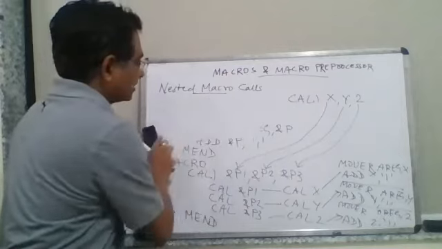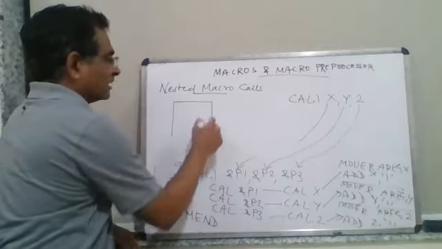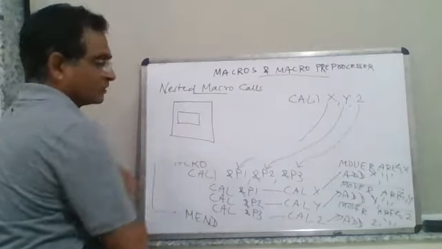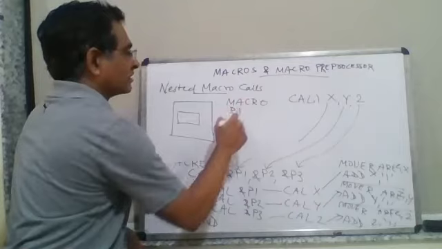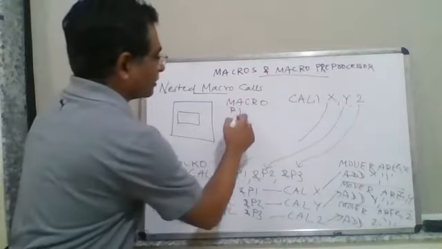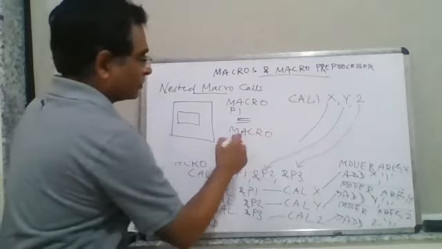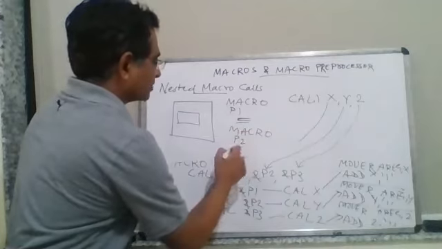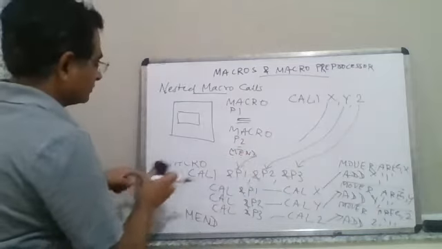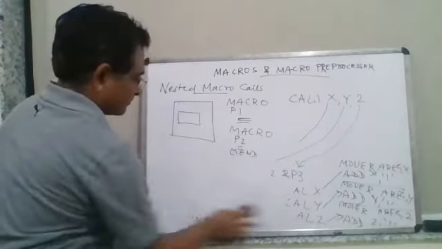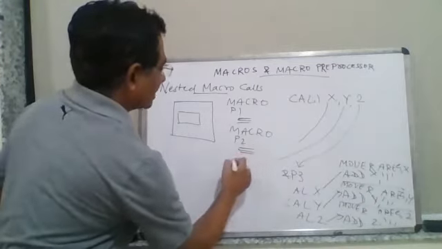So for that, what I'm saying here is, I hope you're getting this, right? There is a macro, and within this itself, there is another macro in the specification itself. So maybe let's say macro P1, right? I'm not giving you the complete code, but after this there is another macro, let's say here P2, right? And then it ends, right? There is some statement, and then it is macro end, macro end. Okay. So now, once this macro is ended, macro end.